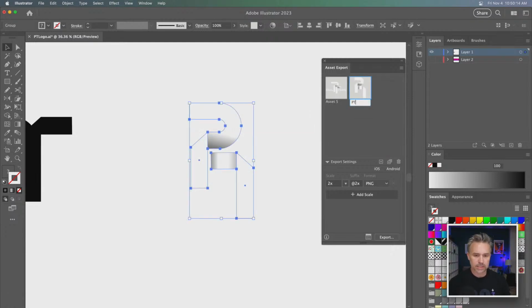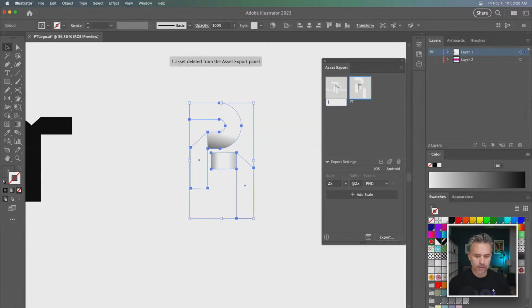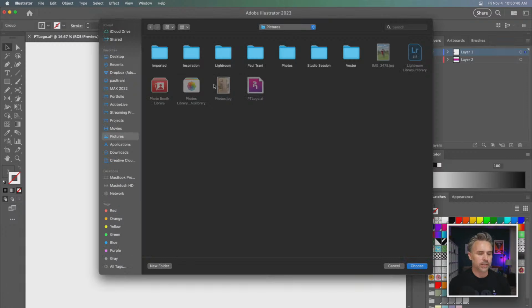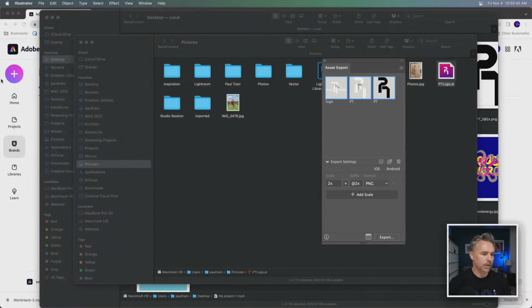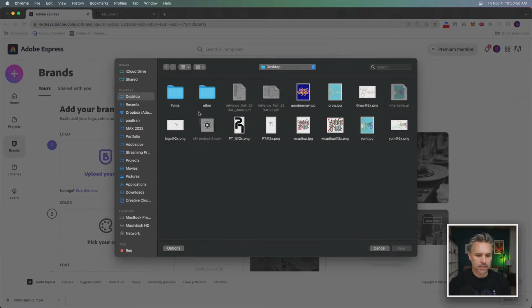This will just be PT. This will be logo. Oops, just deleted it. We will do another version. Maybe this is the dark version. Drop that in. Sorry I did not have this done before, just to be honest with you. Export twice its size PNG to my desktop, and that is exported. Now from there we can add that as part of our brand. Nice thing is we only need to set this up once.